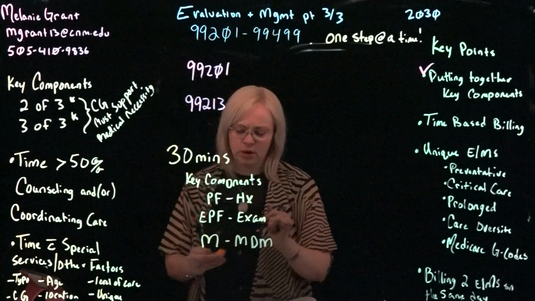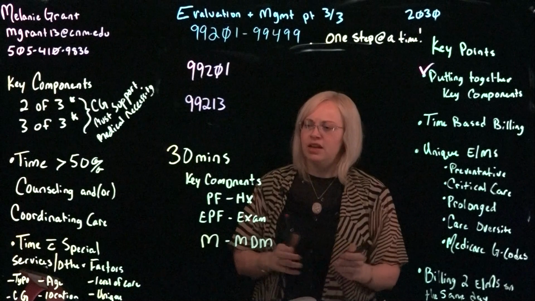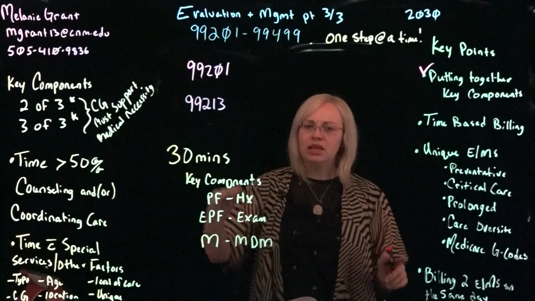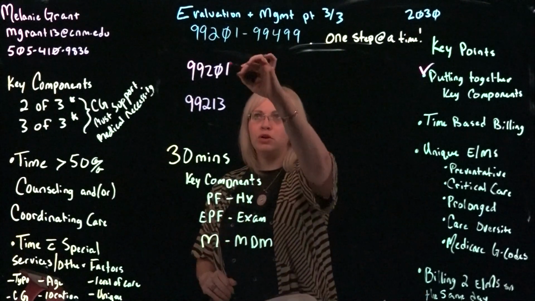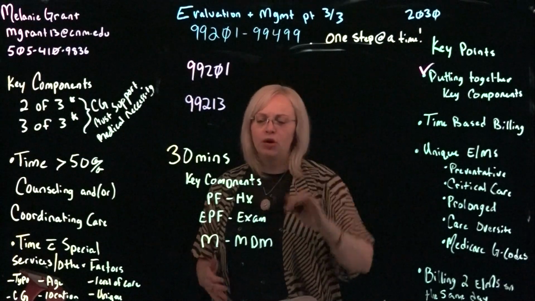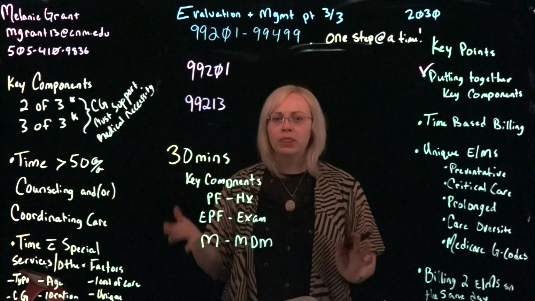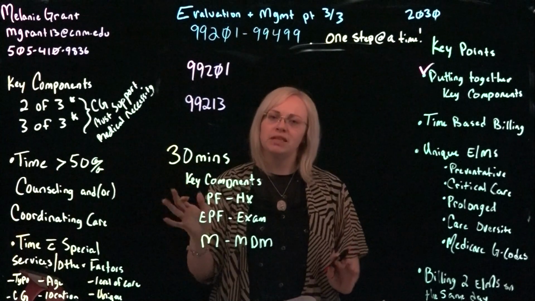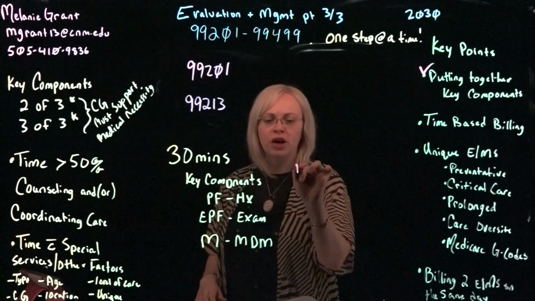These are those same ones that we looked at a minute ago. Now, in this example, the key components are either going to be for a new patient, 99201, or an established patient, 99213. But for a 30-minute visit, if the provider documents